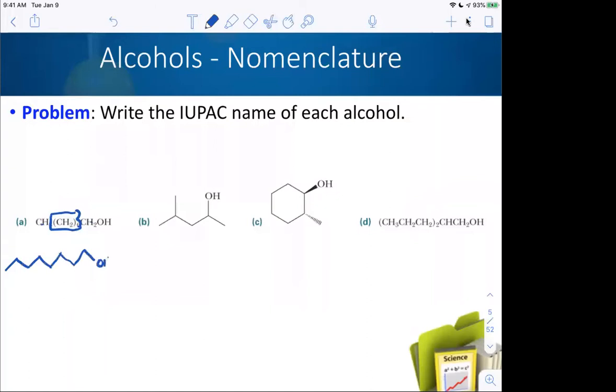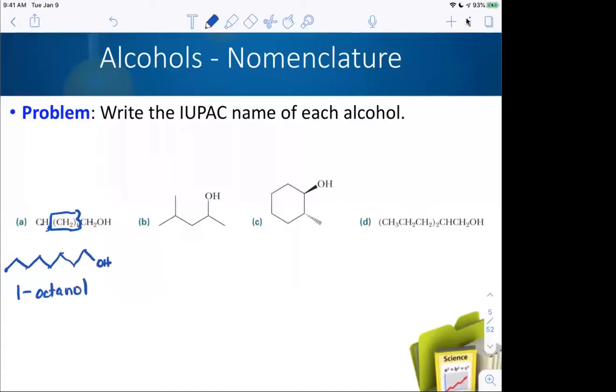And then I have the OH. So all of these in between carbons are going to be the CH2. And then I'm going to have CH3 at the end, which is this guy here. And what I get is 1-octanol